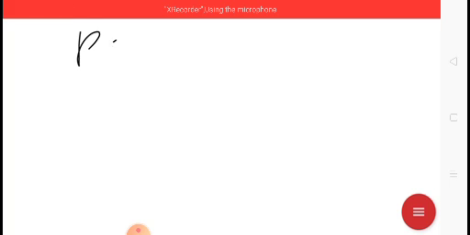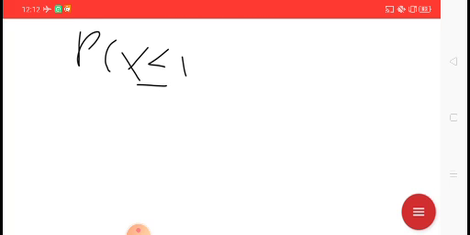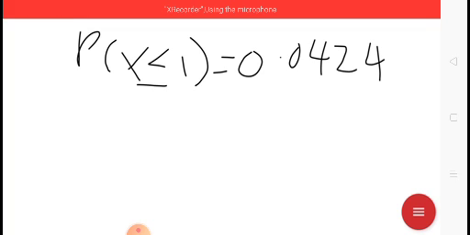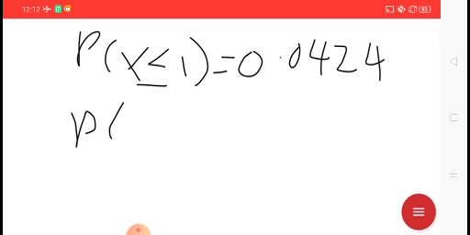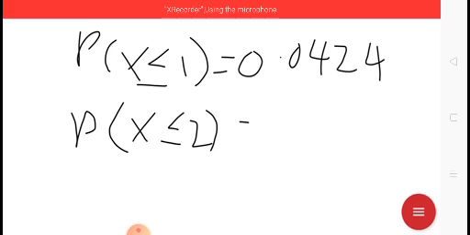Just now P(X ≤ 1) is equal to 0.0424, smaller than 0.05, so this is in the critical region. So we need to go one more step to see if we include the 2, is it still in the critical region or not? So you can use the 0.0424 plus